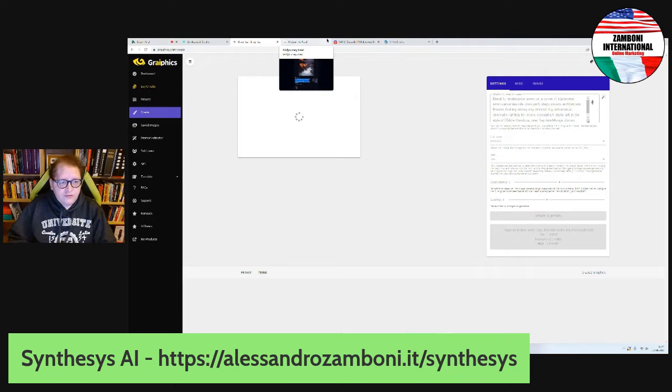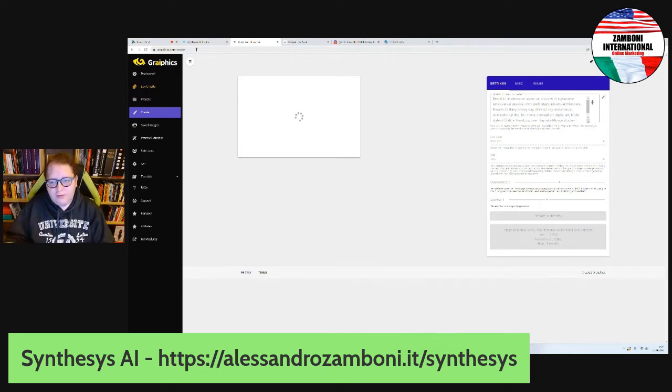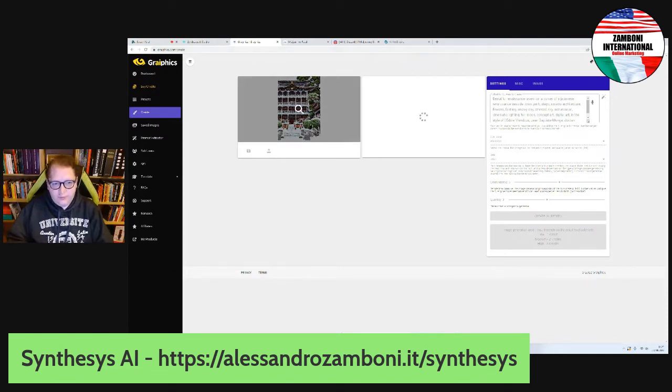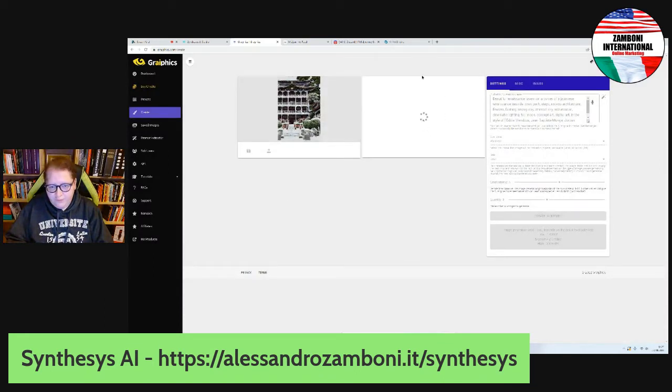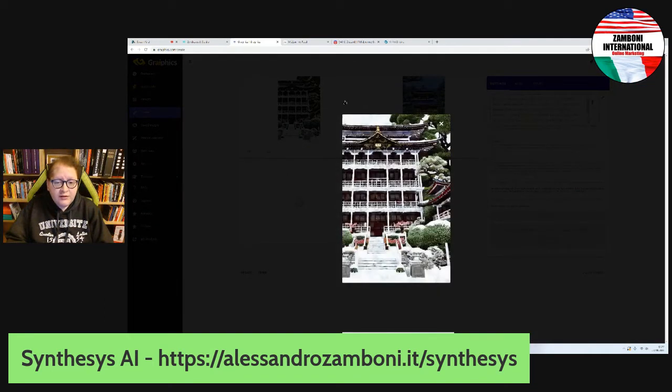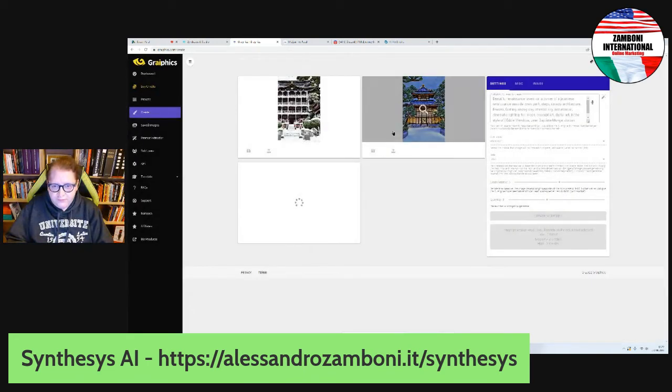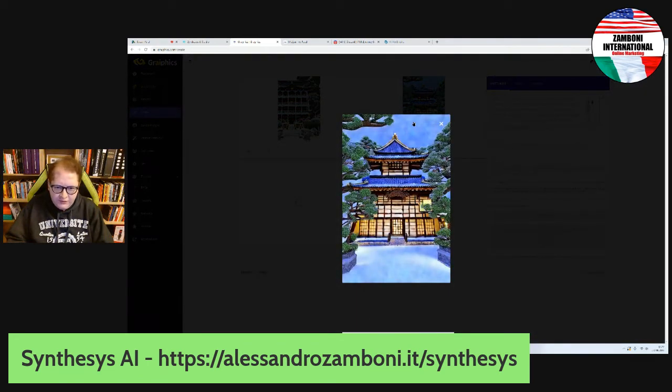This is GrAIphics, another great tool. The cost is the same as Synthesys. Between the two, probably I love GrAIphics more because I played with it a lot more. I know there are some updates coming, so some good things. Here you see, yes, it's a little better. There's snow on the trees. This one is a pretty good image and could be saved. Consider it's low quality also when you see that in such a little image. Here is a good palace. I like this as well.